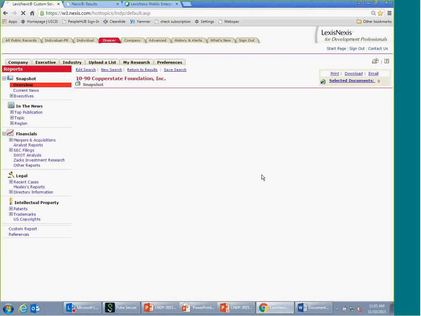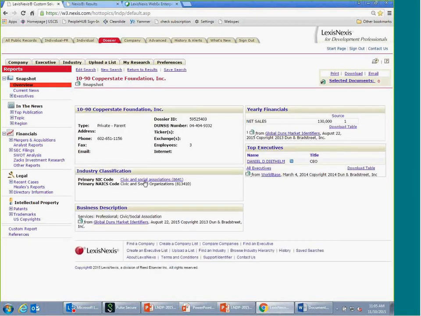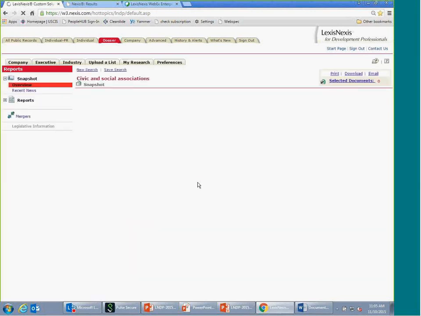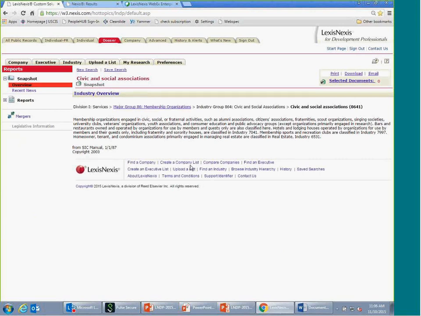The reason I opened this one in particular is I wanted to show you here, when we talk about industrial classification, the functions are classified under these codes, 8641 and 813410. So I'm going to capture this information here. Remember that. What you can actually do with that information is use it to create a list of foundations and find executives in that particular function. So once you go back to Dossier again,